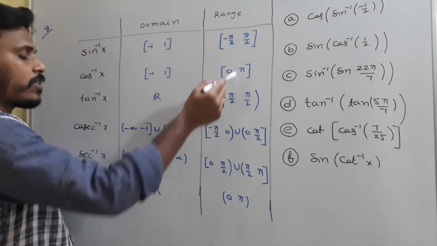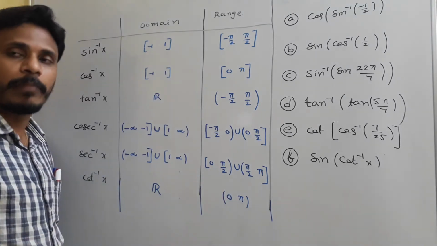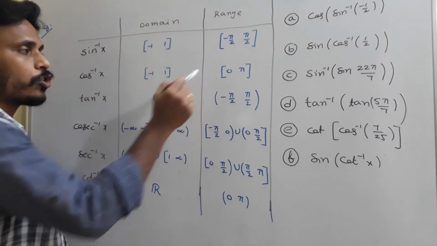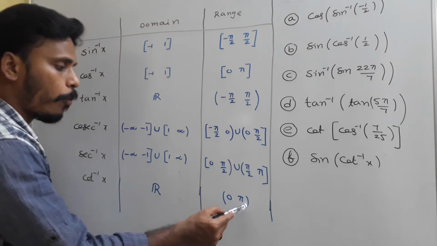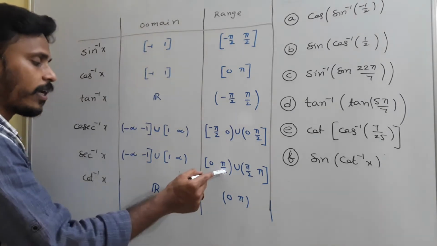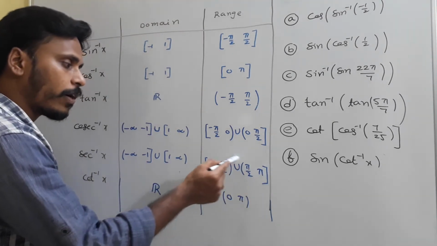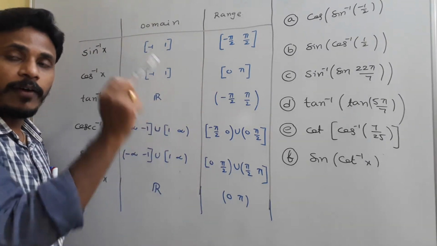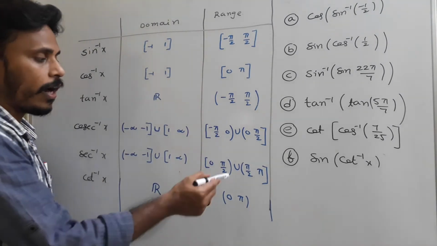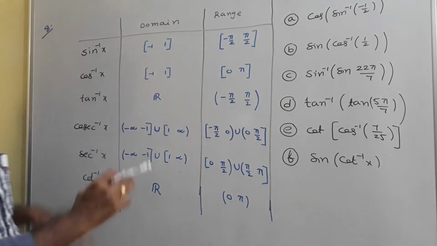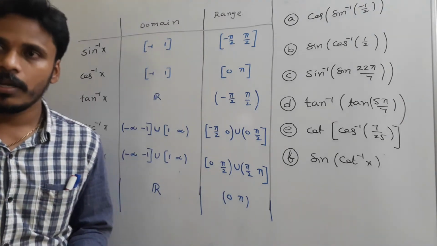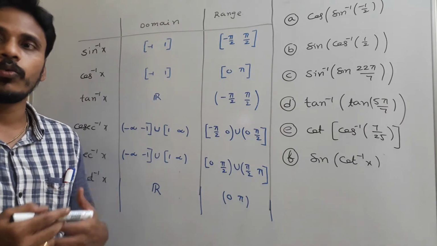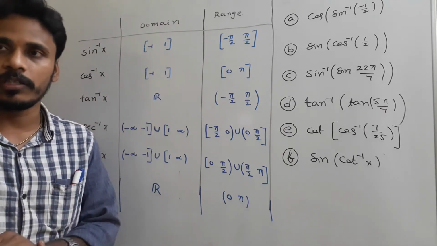Similarly for cos inverse, cot inverse and secant inverse, same type of range. Here closed 0 to π, for cot open 0 to π, for secant closed 0 to π, but we need to exclude π/2. Since π/2 is not included, we have to break the interval at π/2 and specify it in such a way. And these are the domains and ranges of all these functions. By practice automatically you will have a good memory of these things, okay?